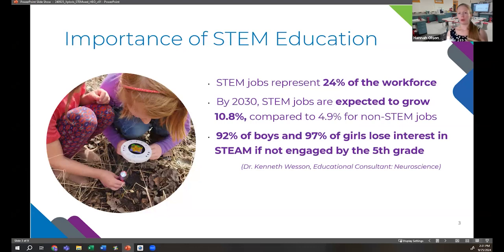But before I jump in, why STEM? Why STEAM? As we know, STEM jobs are regularly growing, they're in demand, and they represent 24% of the current workforce in the United States. By 2030, STEM jobs are expected to grow over 10%, compared to close to 5% for non-STEM jobs. So it is definitely a growing field that we really want to make sure we prepare